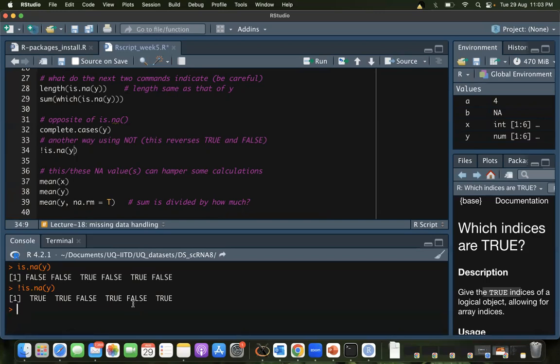So not basically does its opposite. When you're doing exclamation is equal to, that stands for not equal. The exclamation itself stands for not. So not, or if you have studied in terms of the not gate, this just exchanges. True becomes false and false becomes true. So internally it's asking which of these are not true.